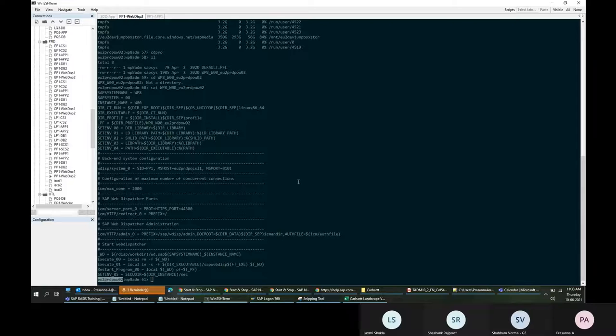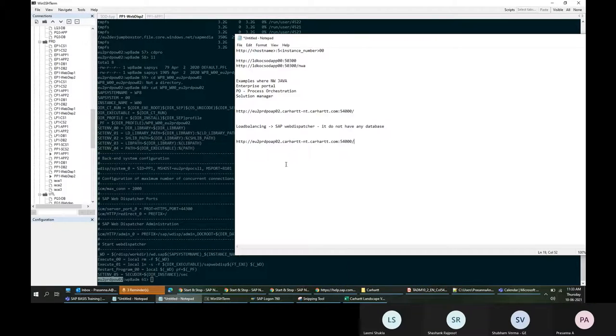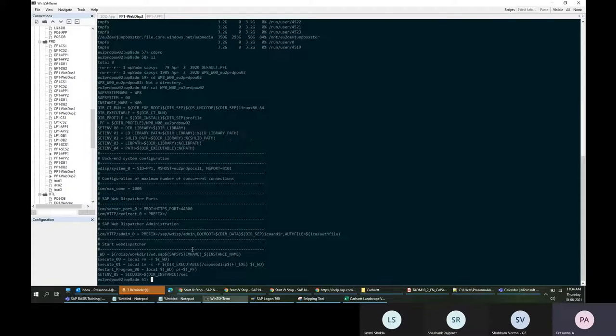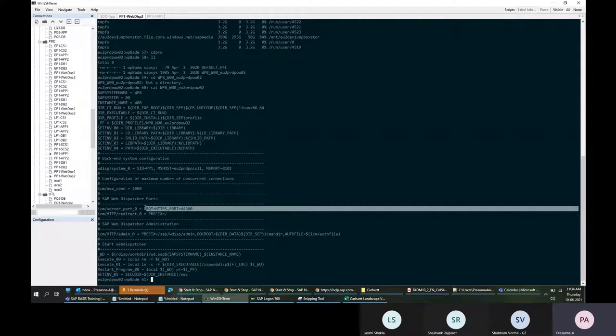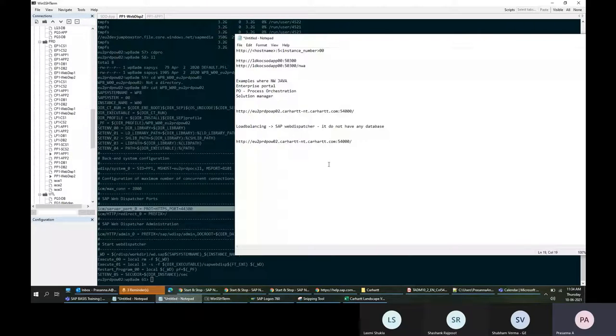It is running on a different port, so I have to use whichever protocol and port applies. I will use this protocol; it's running on HTTPS 400. So when I use this URL to call,